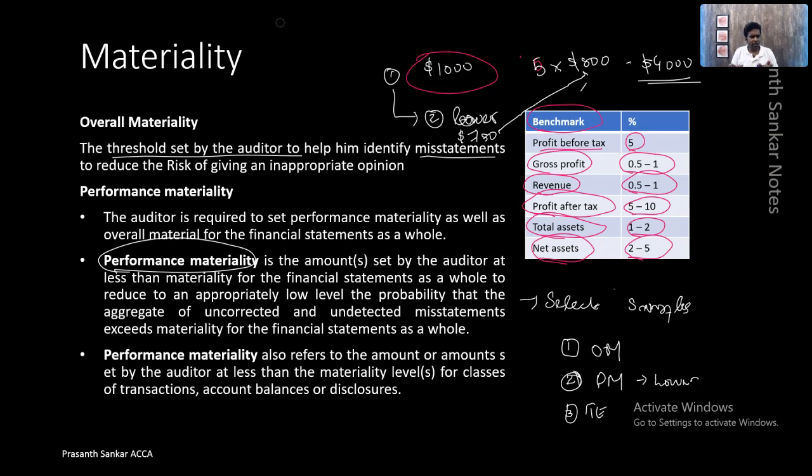Alright? Don't worry if you have not got this, we will explain this again in detail during chapter number 6. But just understand the basics. There are 3 levels of materiality: overall materiality, performance materiality, and tolerable error. Overall materiality is for the entire financial statements. Performance materiality is targeted towards specific accounts, which we will use to select the samples. Tolerable error is for individual transactions. If they have a mistake, we will ask the client to rectify, because that's the rate of error which we can accept.